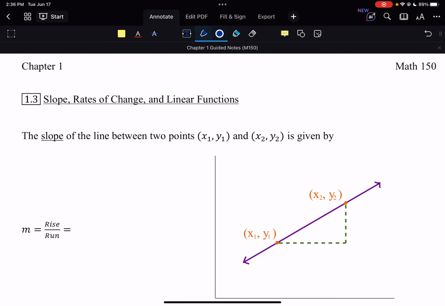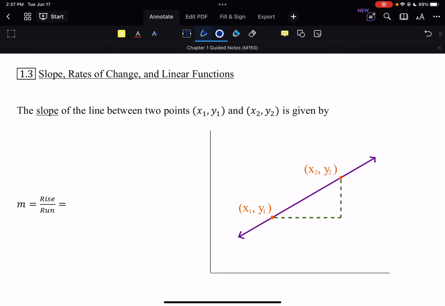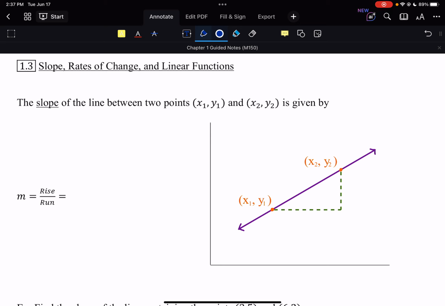Right, we are in section 1.3 and we're talking lines. So this should hopefully be mostly review. We might just put some new terminology on some of these things that you should already be familiar with. So if we want to find the slope of a line between 2 points, x1, y1 and x2, y2,